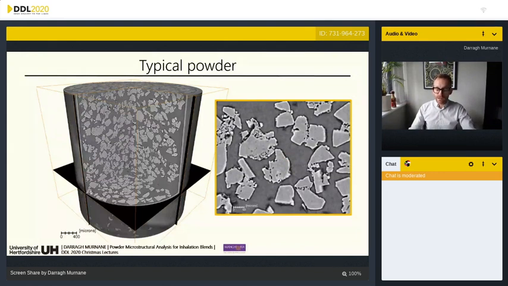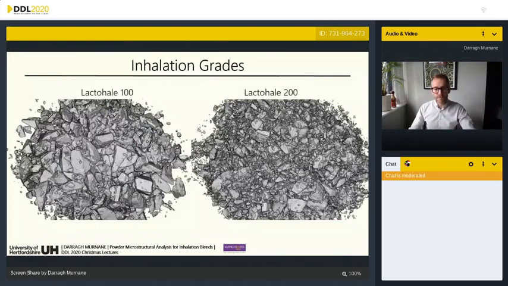It can be done in a variety of formats, for example, with the powder in a capsule or in capsule tubing, and we're even looking to see whether it can be done within blister type formats. So if you look at a typical image of this, here's the lactose 100 on the left of the screen, lactose 200 on the right of the screen, and we can clearly see now at least qualitative differences between these materials. We can see a higher proportion of fines in the lactose 200 than in the lactose 100,